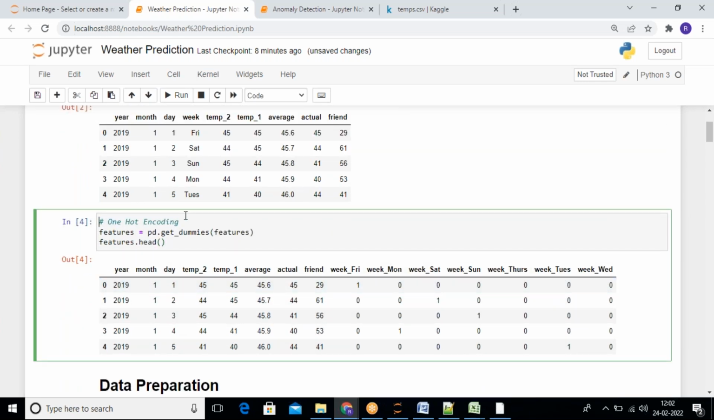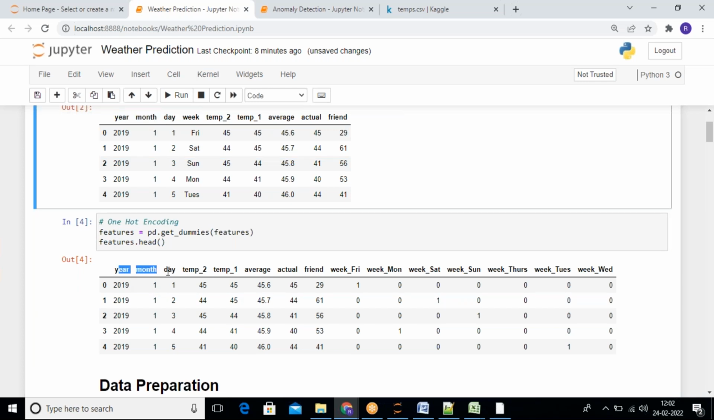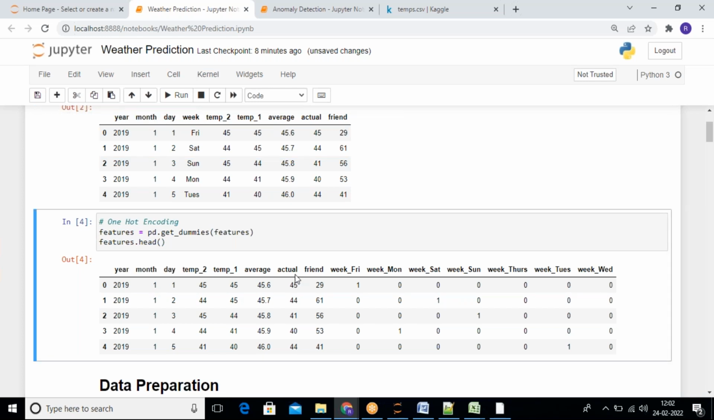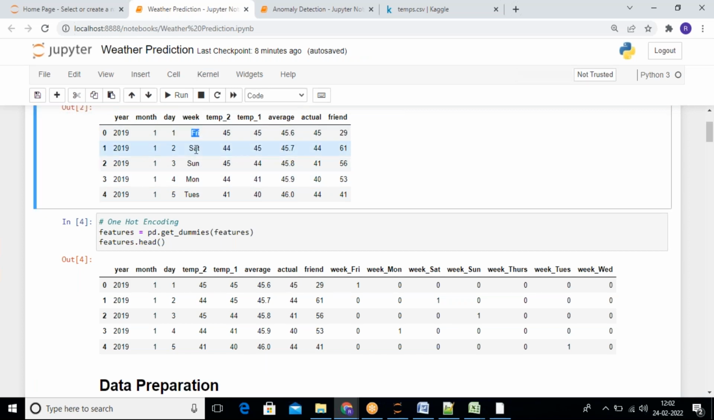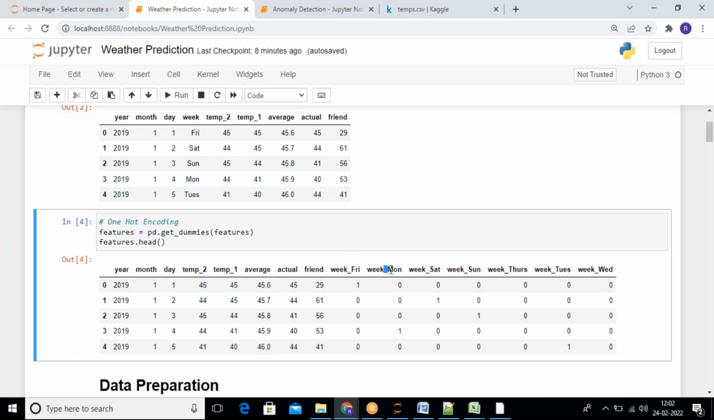If I go for one hot encoding, there is a method in pandas called get underscore dummies. I have passed the features and stored the result inside the features variable itself. See what's happening. Year, month, day, temperature 2, temperature 1, average, actual, friend remain as they were. But here we have the week columns: Friday, Monday, Saturday, Sunday, Thursday,